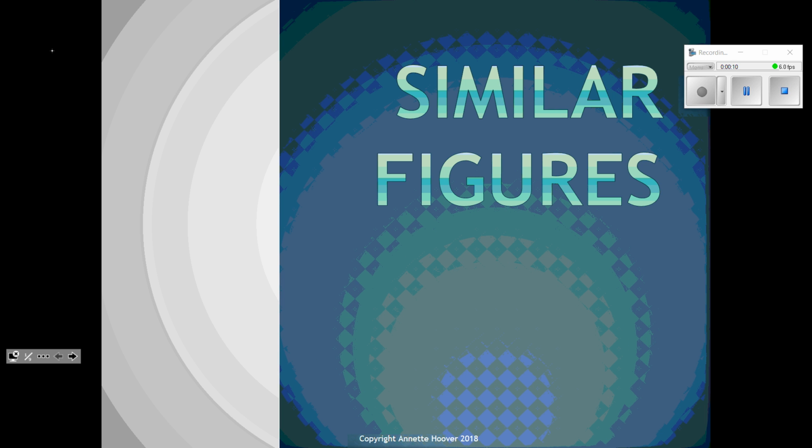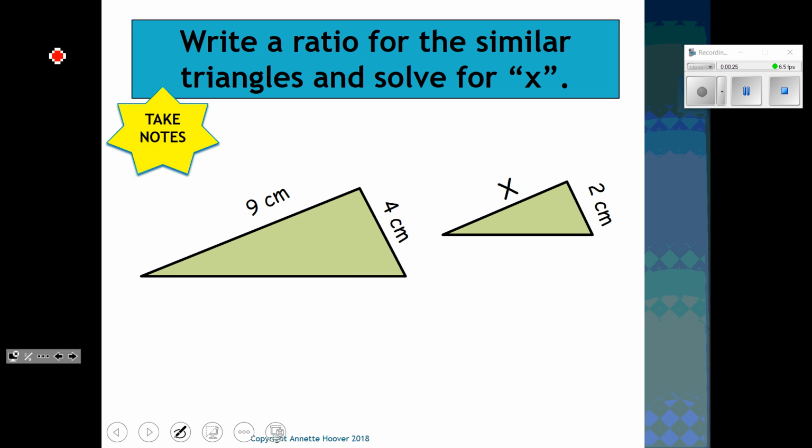Okay, today we're going to be looking at how to find the missing side of a shape. And these shapes are similar figures. So let's think first about what similar figures are. Similar figures are, for example, a triangle or a rectangle or a square that are the same shape, which means